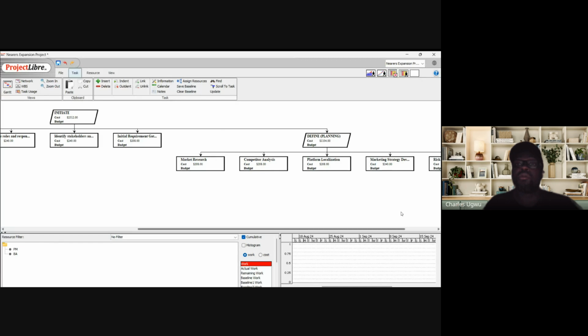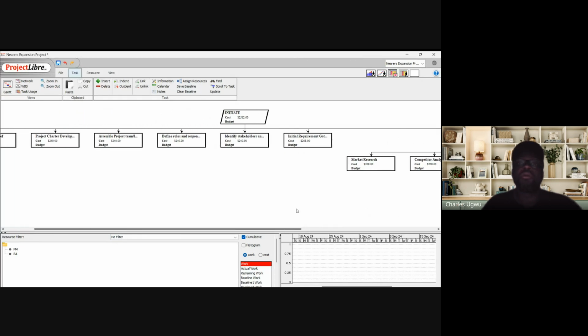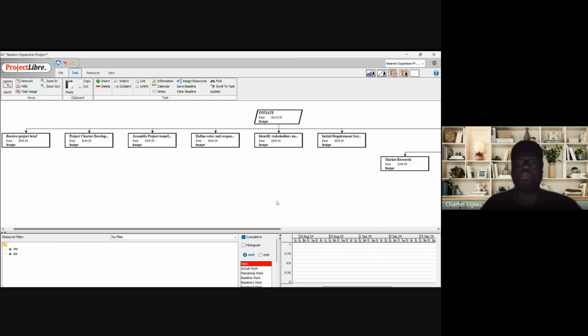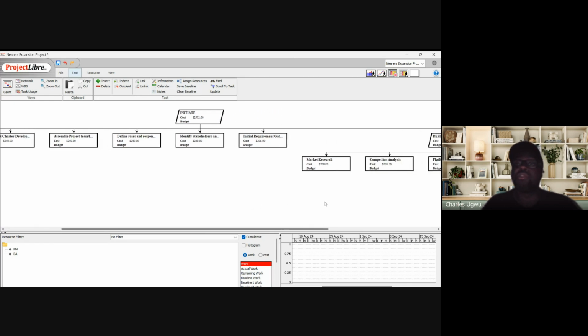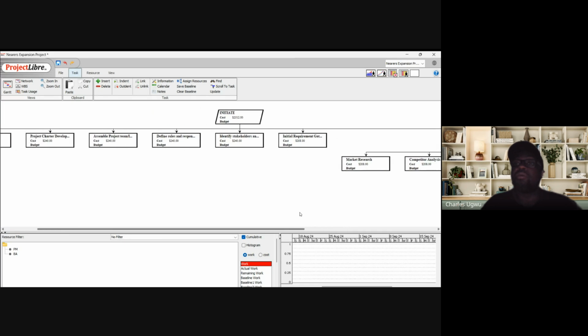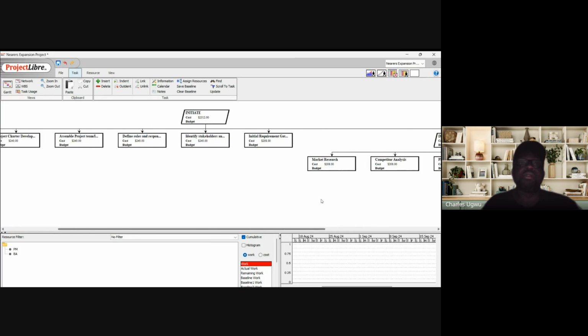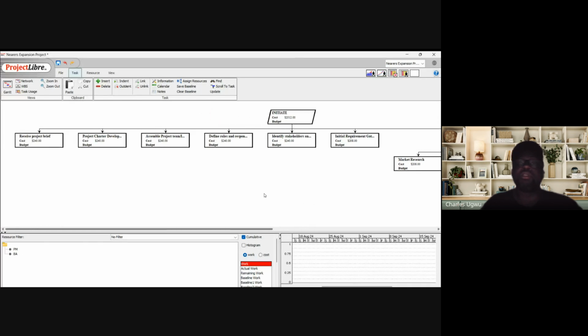And you see that this work breakdown structure is telling us, if you can visualize the one we created using Visio, it is somehow looking like this one,